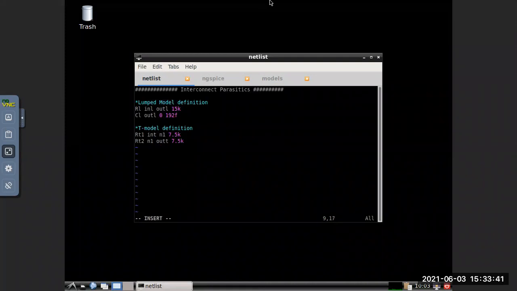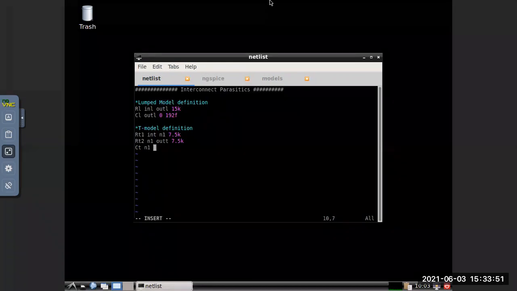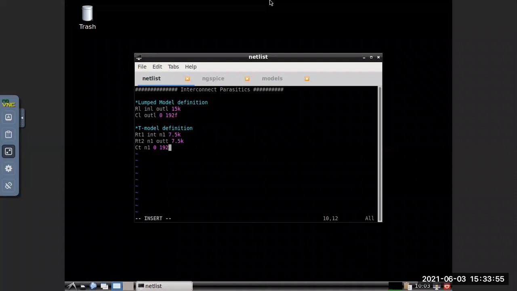Okay. Then CT, this is N1, then 0, then 192 M2. Clear? Then the star pi model.